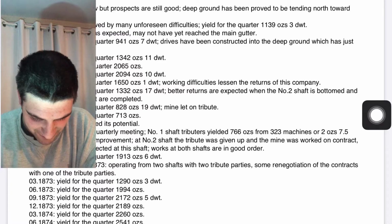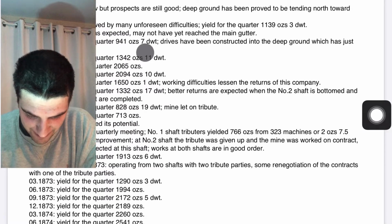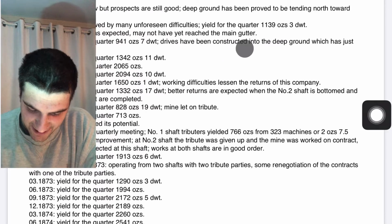So now we jump to the next year. Not as good as was expected. May not have yet reached the main gutter. Now when we talk about a gutter,